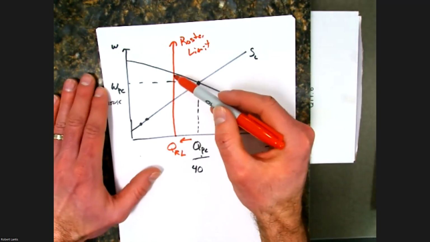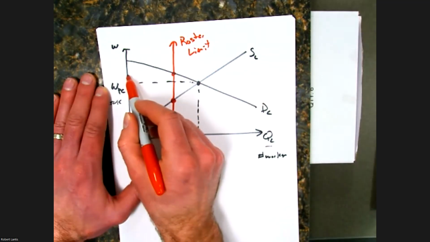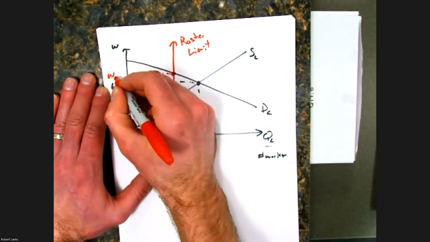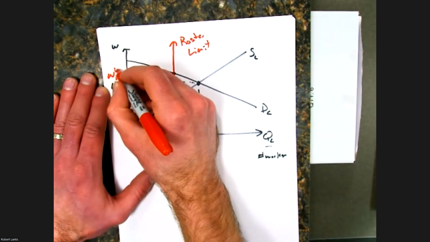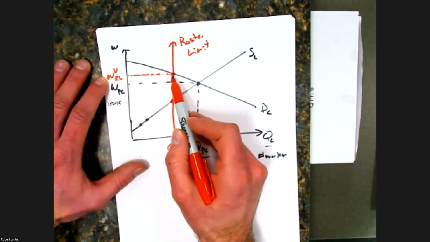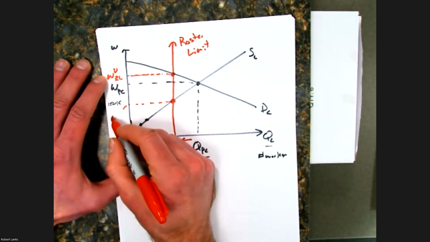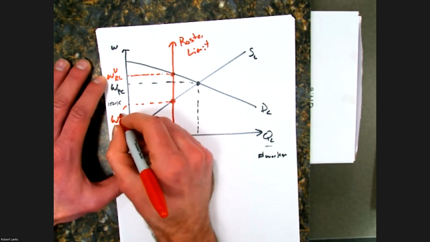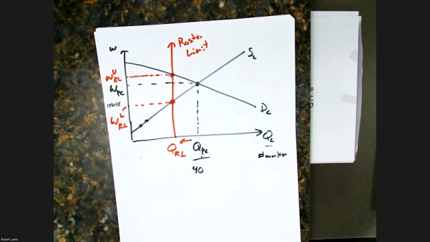But what's also going to be true is that by setting this roster limit, we now know that teams are willing to pay, we'll call this the upper limit. So the upper limit of what wages will result in is that teams will be willing to pay up to this higher amount now. The only problem is we also know, we'll call this the lower bound, that players would be willing to supply that labor for a lower amount. Okay? So what's going to be the resulting wage? We don't know. Somewhere in that range, right?